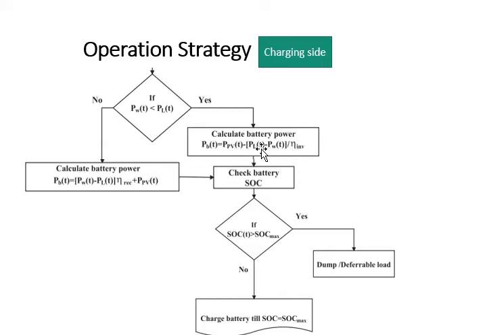So whatever energy is deficient in the load, suppose 1 kilowatt is deficient and your efficiency is 90%, so you have to take 110% from this PV, because at the end you have to deliver the deficient 1 kilowatt, and this is DC power, so you have to convert this to AC. So we are dividing the deficient 1 kilowatt by inverter efficiency, so it will be 1.1 kilowatt.